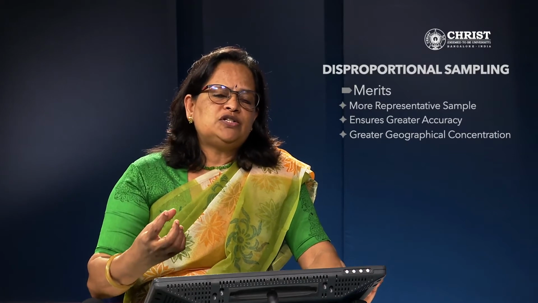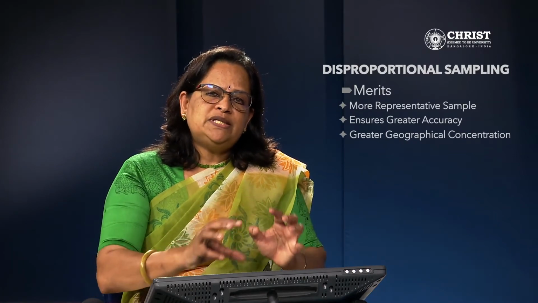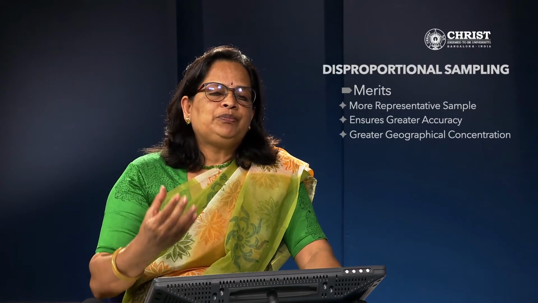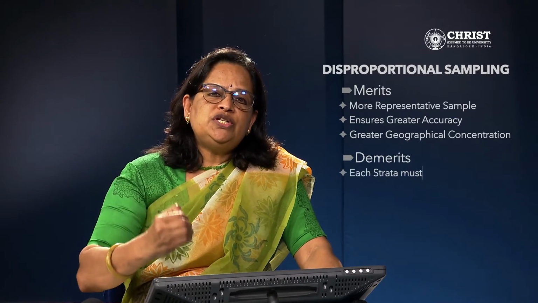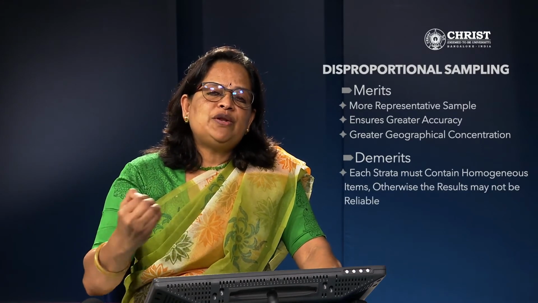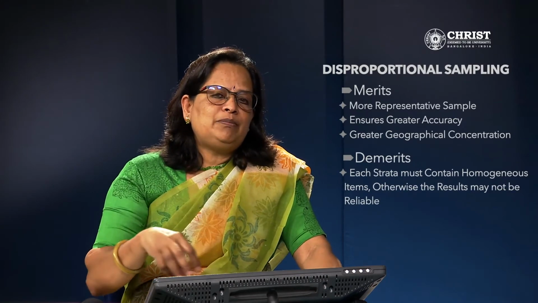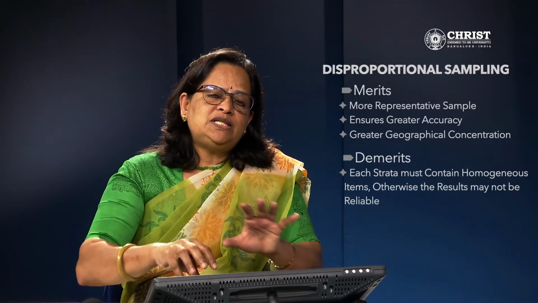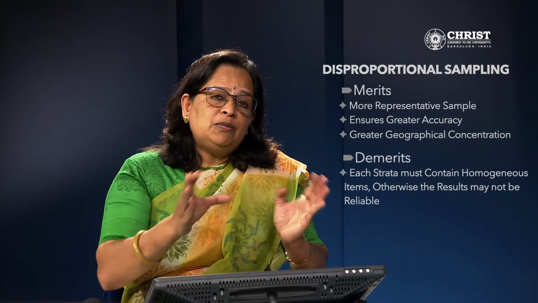See, in the method I have explained, we are giving population for A, B, C, D zones. So that population is also getting an extra weightage. Whereas the demerits, if you see: each strata must contain homogeneous items, otherwise the results may not be reliable. See, from the vegetarian category, they should be following the same pattern. Some vegetarians, they eat egg. So if this type of people, 2-3 people, some people will eat fish, then that will not be the vegetarian